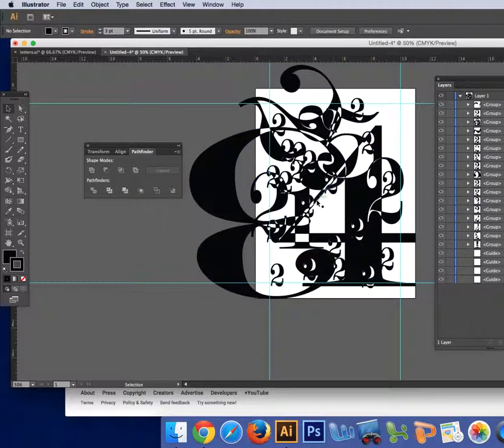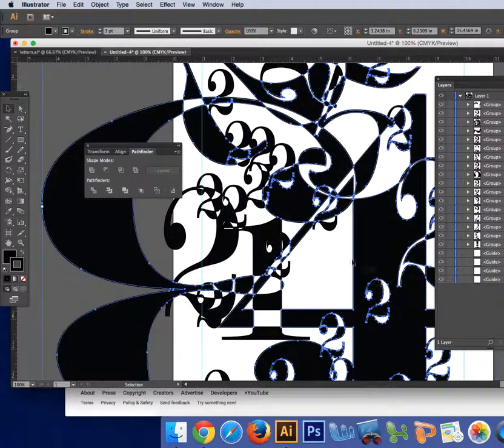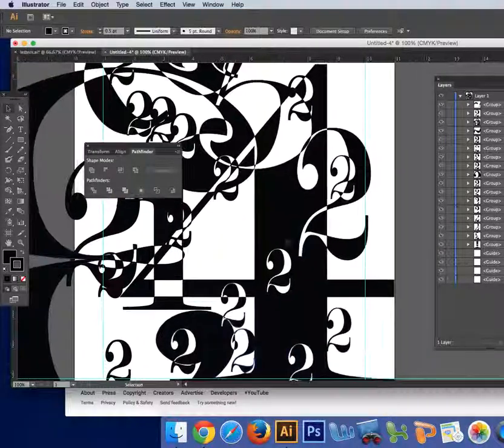And unfortunately what ends up happening is in some areas you might end up losing a little bit of detail and you might have to tweak this a little bit. You see, like this is really thin too. So I'm going to go back and just give that a stroke like that. But if I zoom in